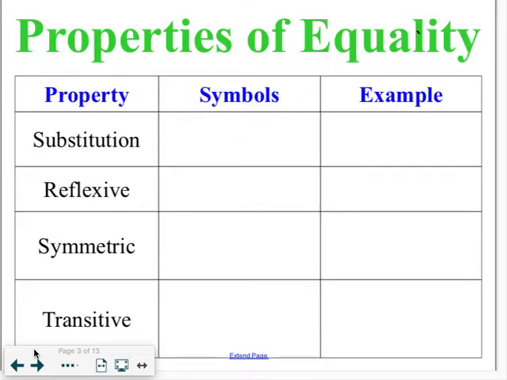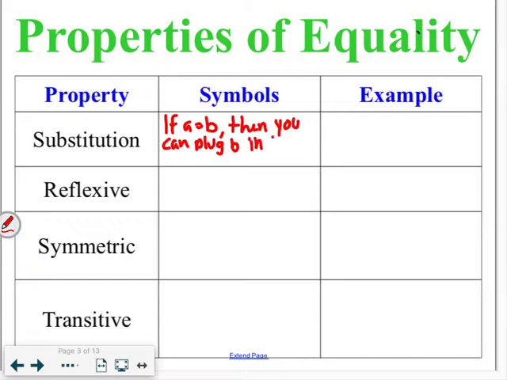A lot of these you will think are pretty obvious, but we are just giving them their official mathematical names so that we can use them throughout the class. First one is substitution property. That says if a number is equal to another number, then you can plug the second number in the place